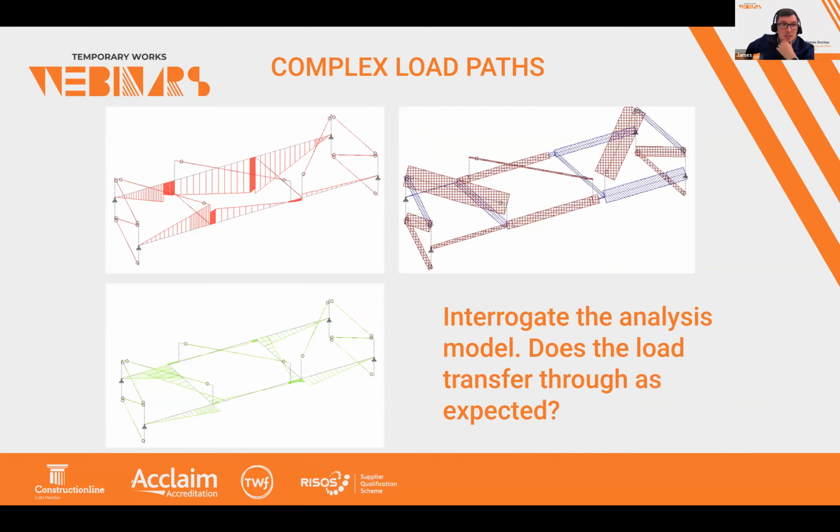And this is an example of an output from a tower crane grillage. And it's always important when we look at these to interrogate the model. Does the load transfer through the model as expected? You can see on the top right, we've got the axial compression and tension that's going mostly into the bracing members. And on the top left, we've got the bending moments being transferred through the main beams of the structure in the stronger axis, and on the bottom left, moments in the weak axis. But it's very important to understand and follow the load paths and also the moments, and to make sure that what we expect to happen is happening, to make sure the model's working correctly